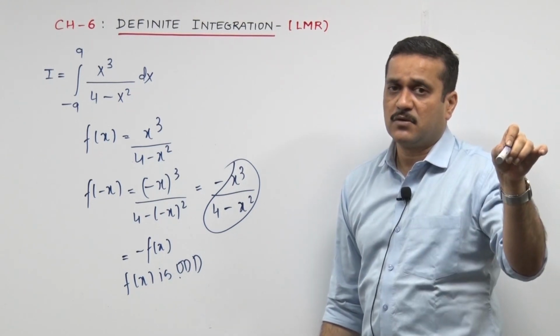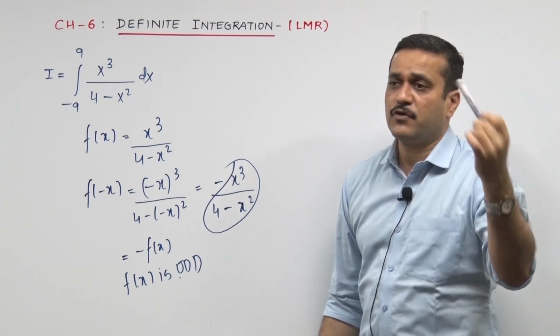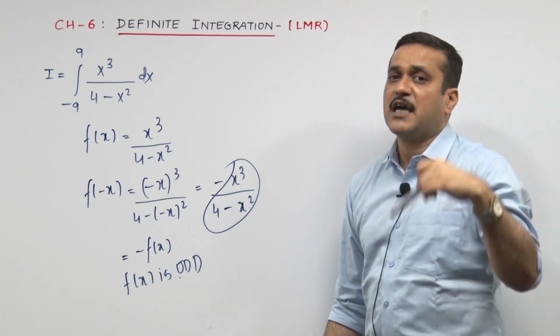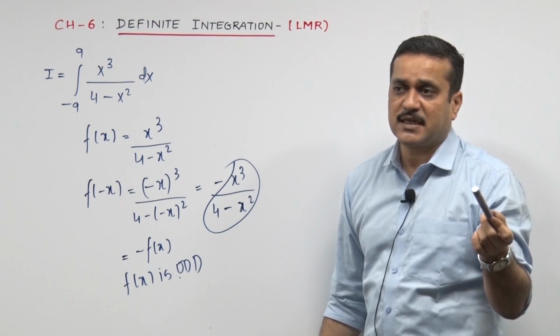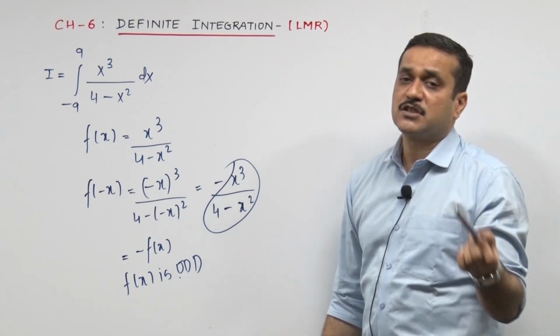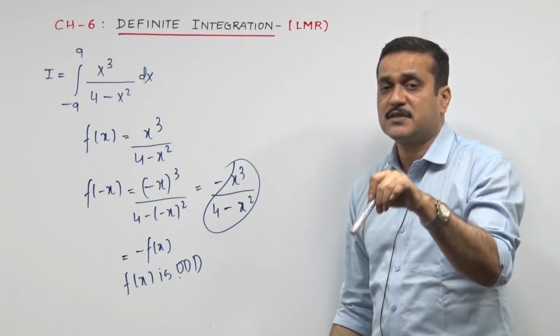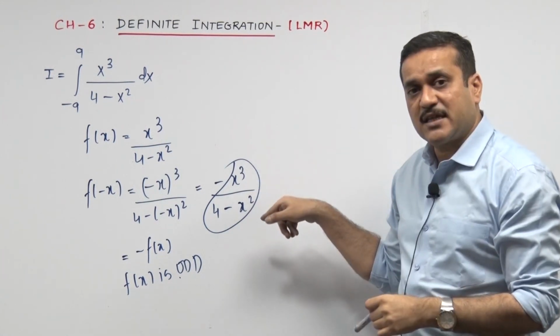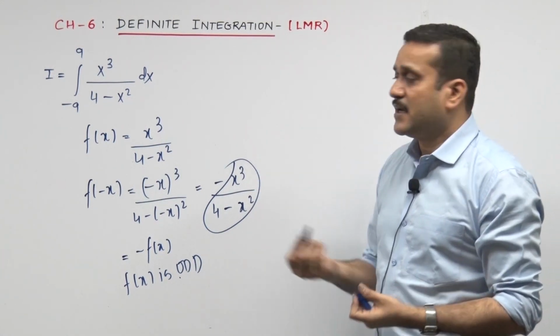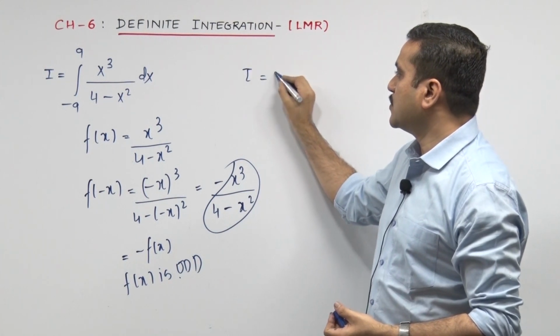It's odd even function ka sum. So bring the function out and test it for odd even. How? I give you a function, I give you f of x, you give me f of minus x, change all x to minus x. If you get back to f of x, the function is even. If you get back to minus f of x, the function has gone odd. And then the fifth dhamal, the I is equal to 0.